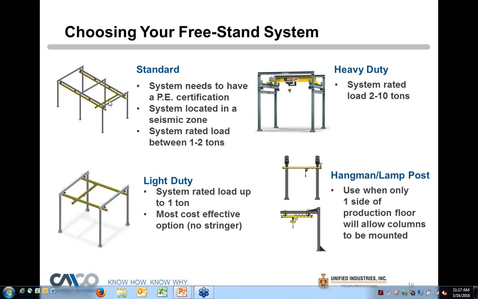And you can see the difference between the two: the stringer, the steel above it on the standard structure, is gone on this one. So we're just going to use column, header, and then the runway connects to these two. So obviously, these are a lot cheaper. You wouldn't be paying for that extra steel. However, you'd lose, like, a PE certification, or in a seismic zone that probably may not be what the professional